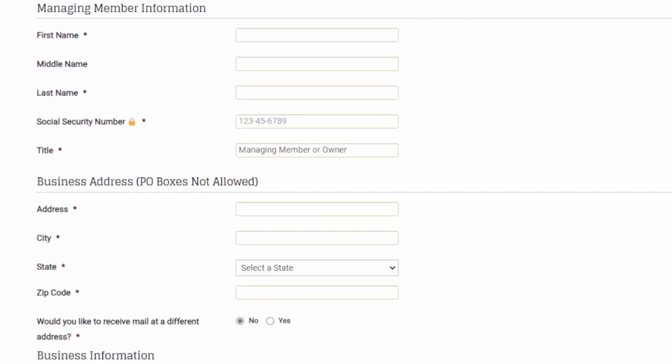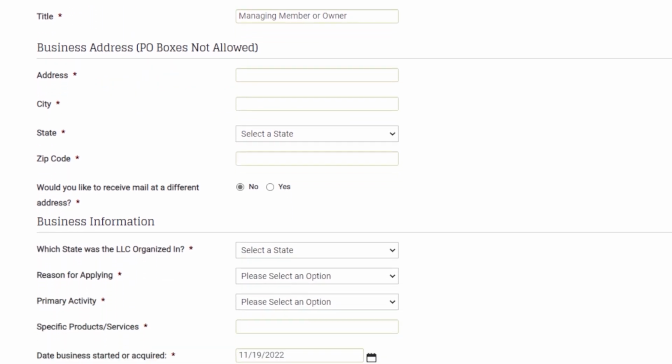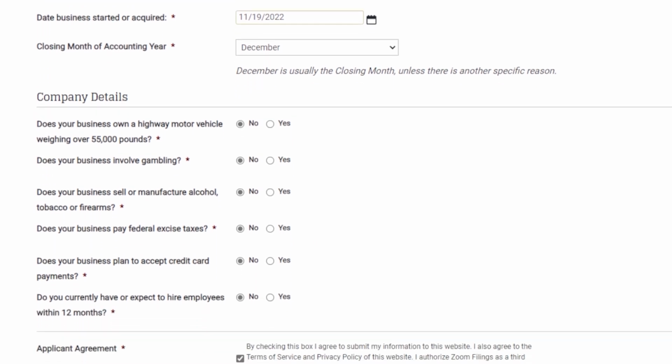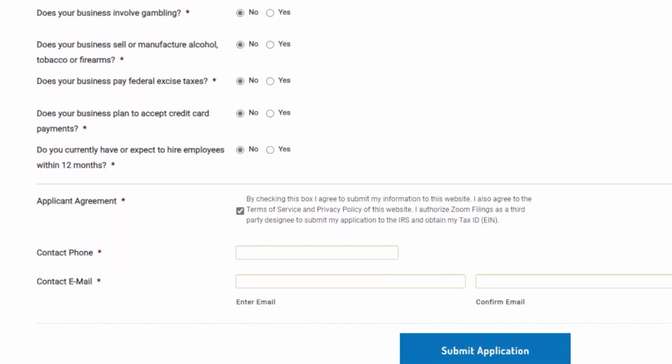Obtaining an EIN is a slightly longer process compared to the previous steps. I'm sure you know anything to do with the IRS is confusing and tedious. You need to have complete knowledge of your LLC all the way down to small critical information regarding vehicular assets